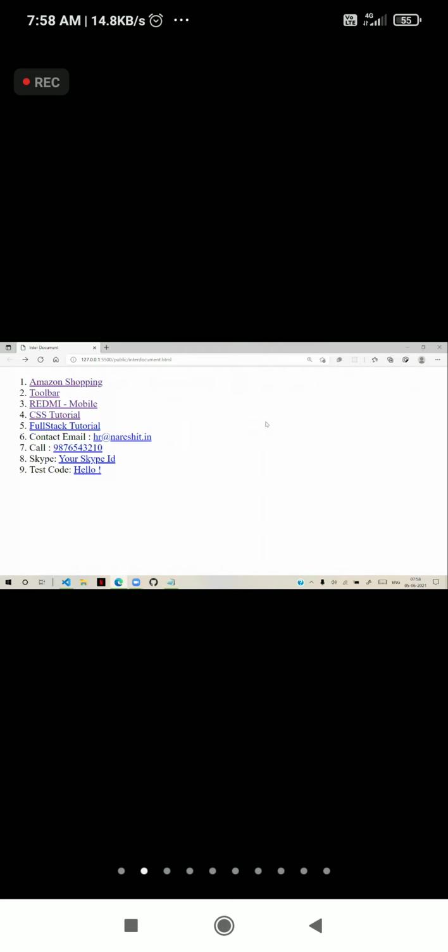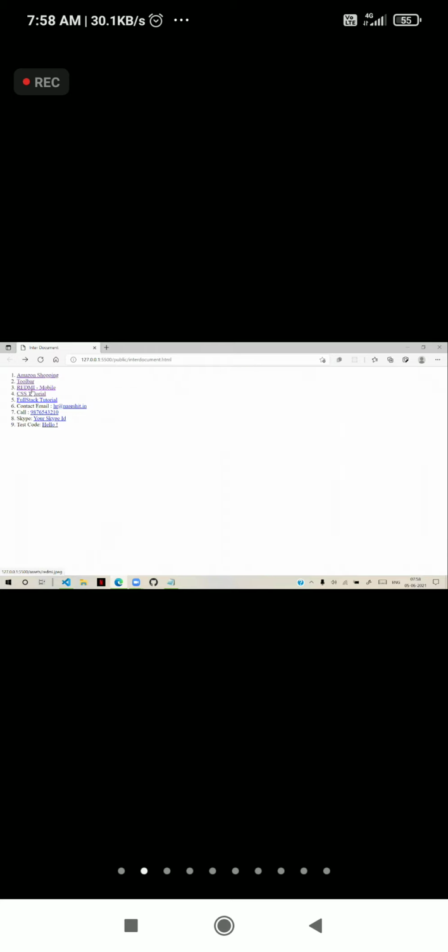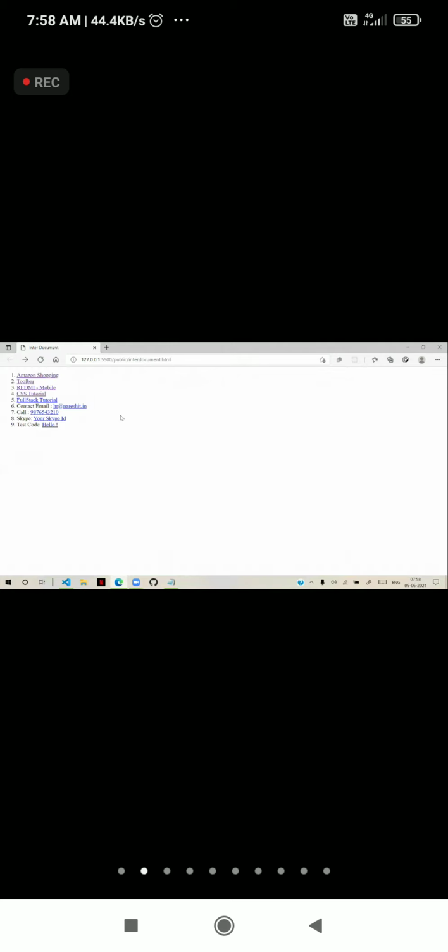Sometimes in interviews, they ask a question like, I want it to download every time, not open. Suppose a JPG file, this mobile JPG file, is opening. They ask, I don't want to open it, I want to download it. That means even if the browser supports the plugin, I want to forcibly download it.